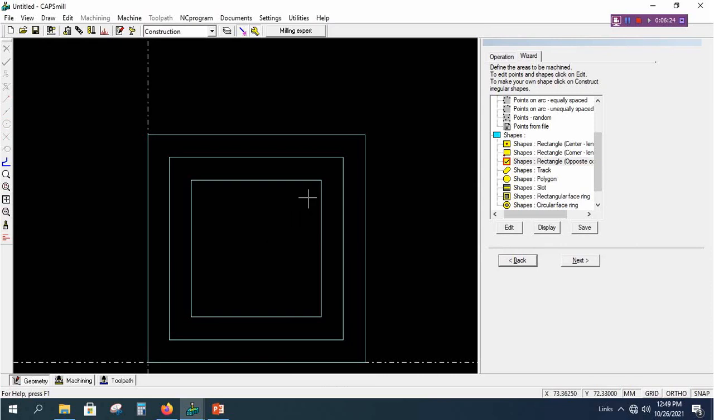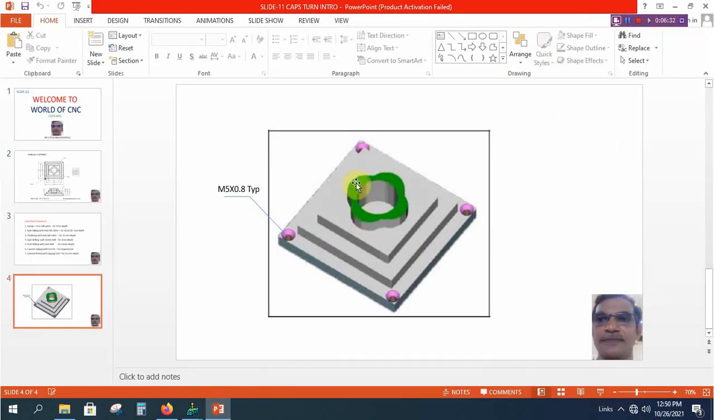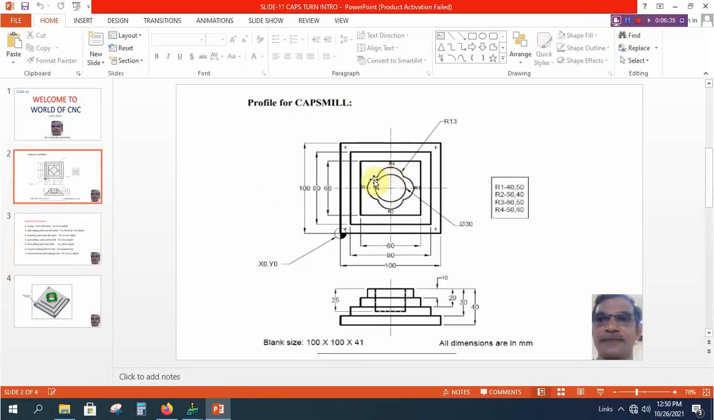First corner and the second corner. That's all. We will get three rectangles and then four more circles to be created. Say we need to get this outer profile. This outer profile, we are using these center points. We will create the